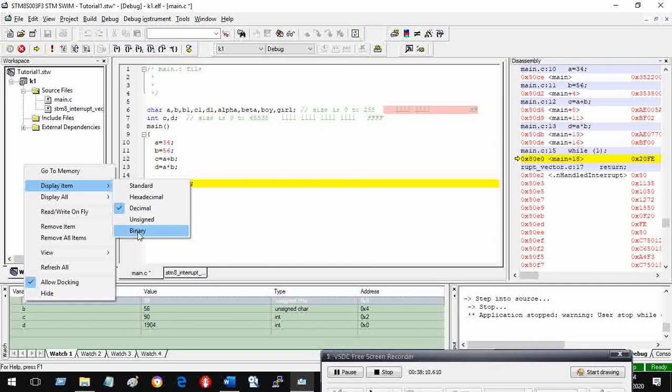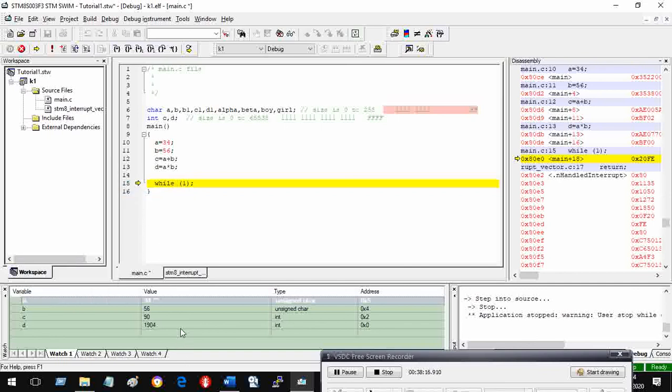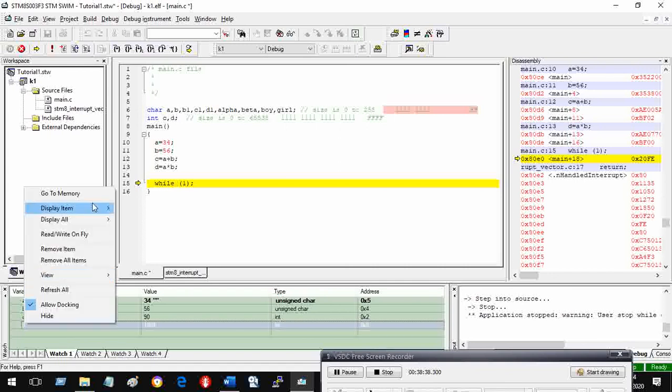Do you want to see what these standard and binary forms are? We'll take this variable a in standard form. The standard form will look like this, a. This is the ASCII character. 34 represents an ASCII character, so it will show the number in decimal and then in ASCII form. What about the other variable? Let us say this variable, and I want to select a different way of displaying it, in the binary form.